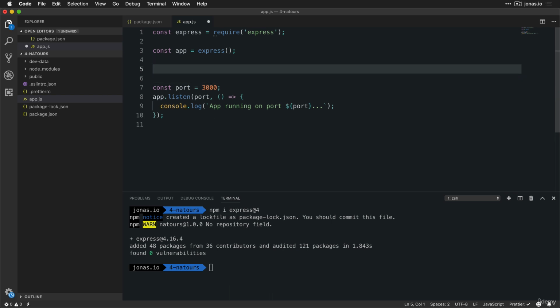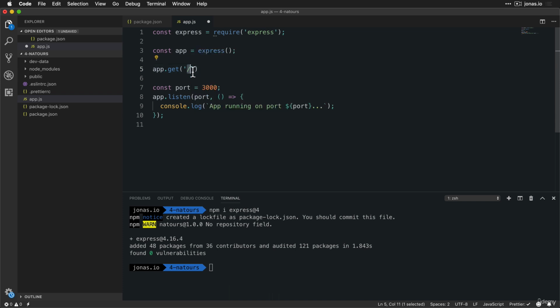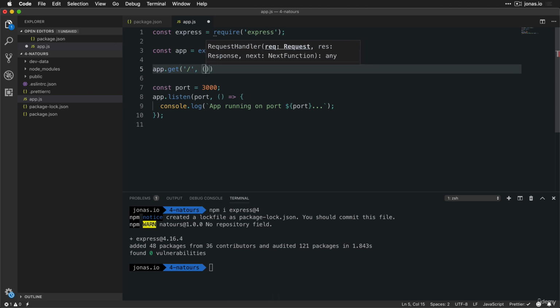So how do we do that? Well, it's very, very simple in Express. All we do is app, then the HTTP method that we want to respond to, and let's start with the simplest one, which is get, and then the URL. And we're just specifying the kind of root URL here. All right? So again, the route is basically the URL, which in this case is just this root URL, and also the HTTP method, which is get in this case. Okay? Now, what do we actually want to happen when someone hits that URL with a GET request? Well, whatever we want to do, we need to specify it in a callback function, which we specify as the second argument. And so we have a callback function,